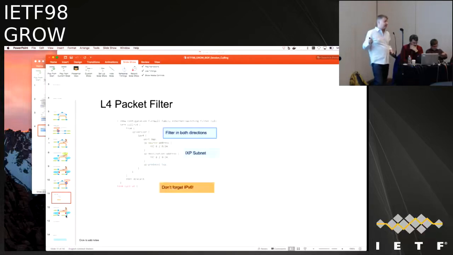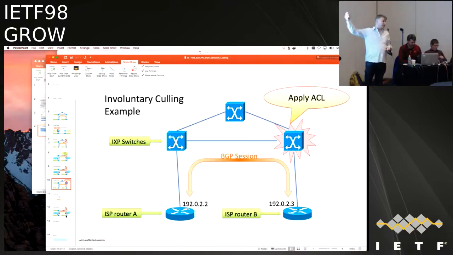So what the draft does, it does provide a few configuration examples that are applicable to a few types of hardware and software. On an internet exchange, you could apply it if it's a core switch and your hardware will need to support applying the ACL inside the VPLS instance or inside the VXLAN thing. But maybe you're just doing maintenance on an edge switch, which means you can deploy it directly on the ports of the affected members. That's your problem. Just drop the packets somehow. And if you have to do it manually,